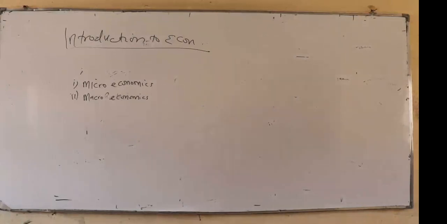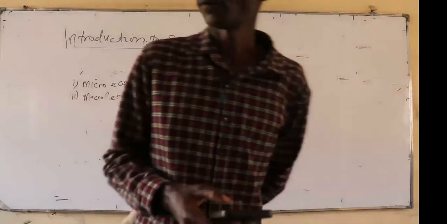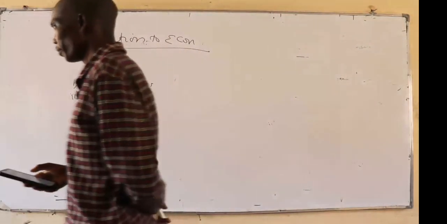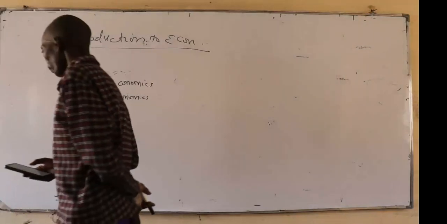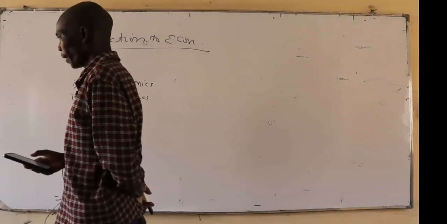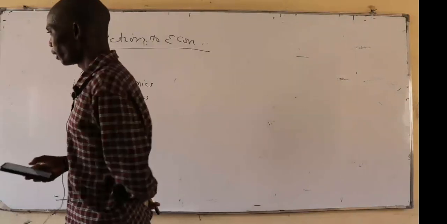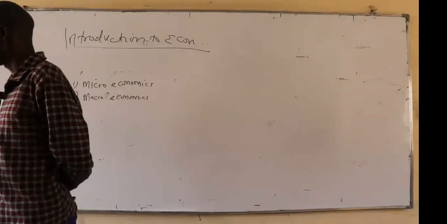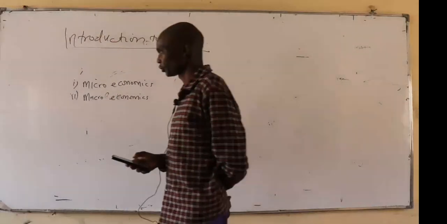So as I've said, we have already decided on the first area, what we are going to produce, and the second, the method: how are we to produce it? Do we hire machines, tractors to plow for us, or do we hire manual labor, workers to come and do the tilling of the land, for example? So the manner in which we're going to combine the variable production is another question, because it will involve trying to achieve efficiency while you are minimizing the cost of production.